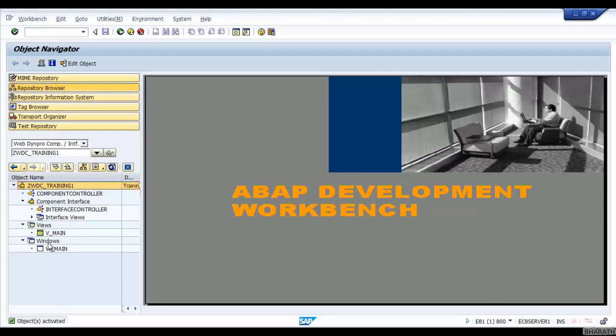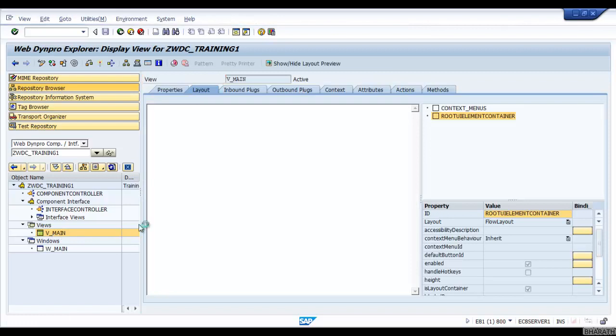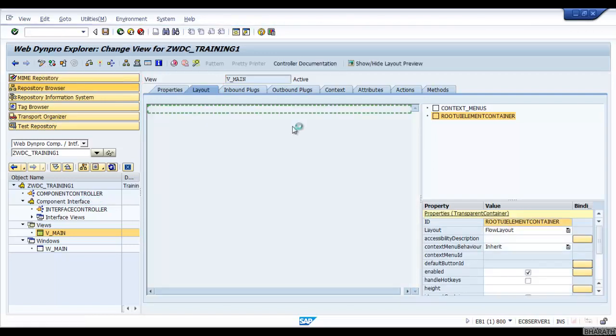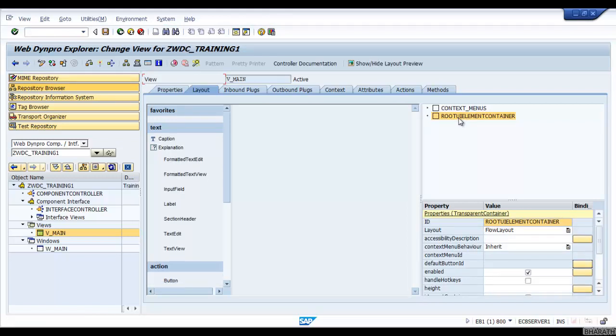Yes, see in the view, here in the view we will design the screen layout. Okay, go to edit mode, and you can see the root UI element container.